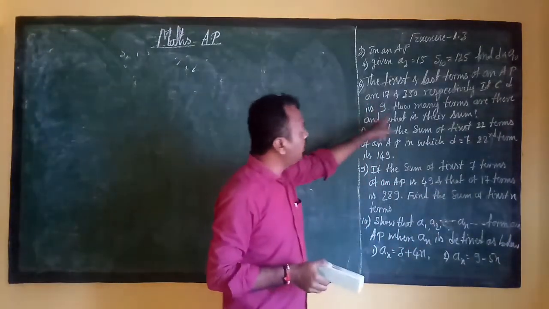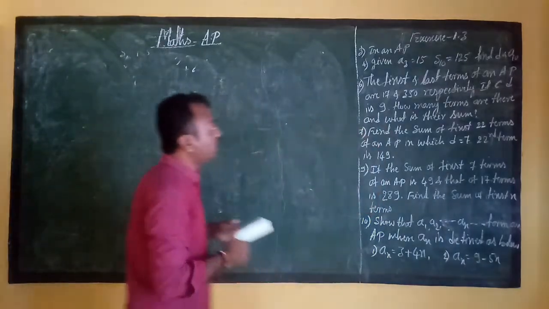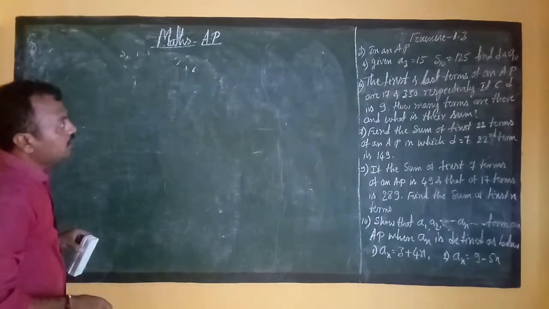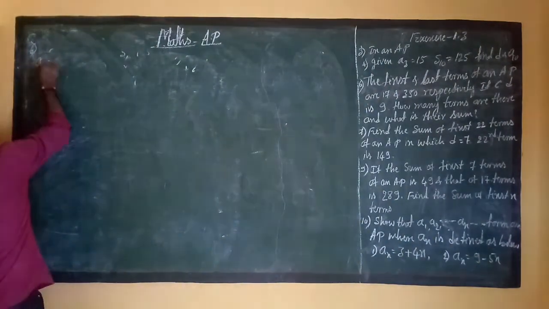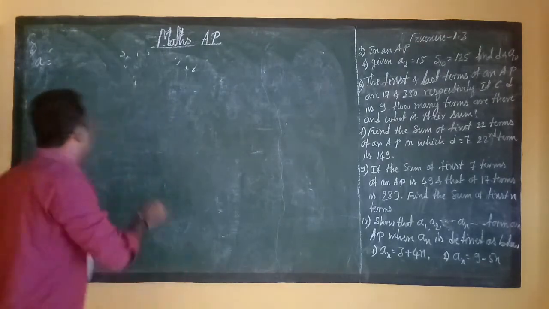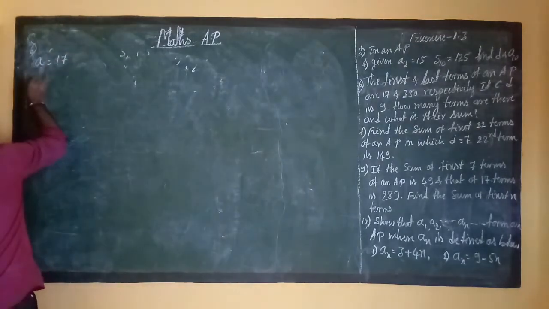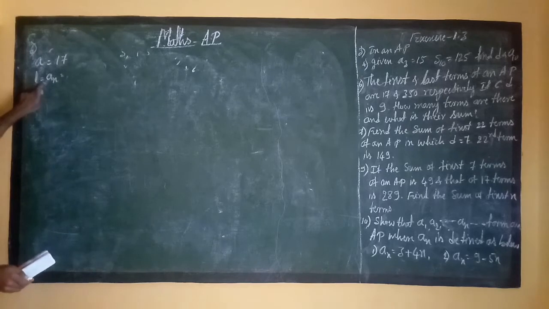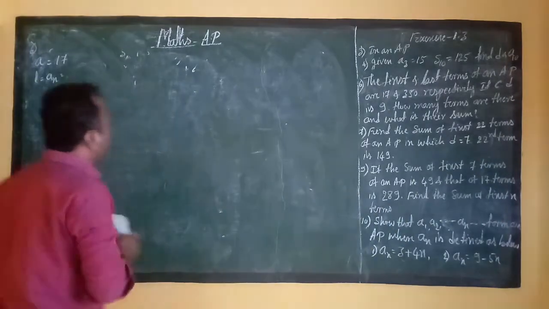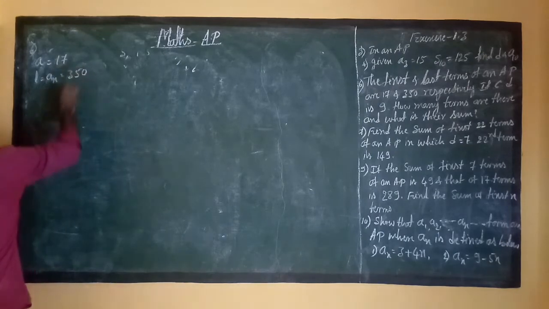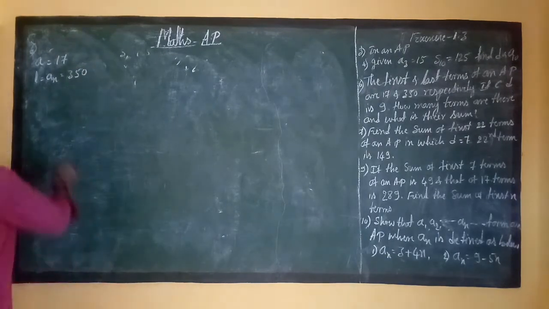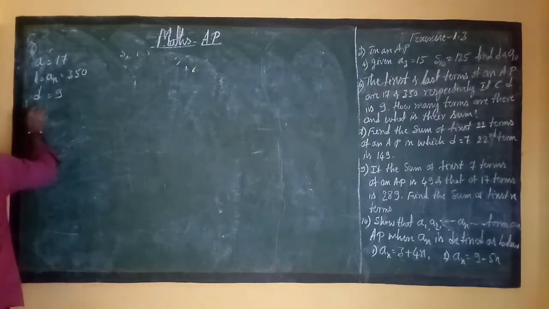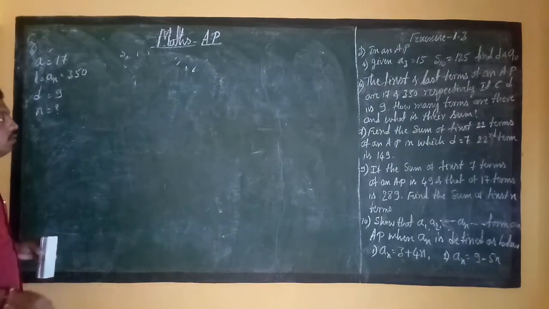If you want n, what are they given first? We have to write down the given first. Question number 6: the first and the last term of an AP. First term is a, a means 17. And the last term l, also an, an is also the last term. We can indicate it as l also an. Both are the same. So the last term is 350, that means an is equal to 350. If the common difference is 9, common difference means d is equal to 9. How many terms are there? That means n is equal to question mark. And also Sn is equal to question mark.